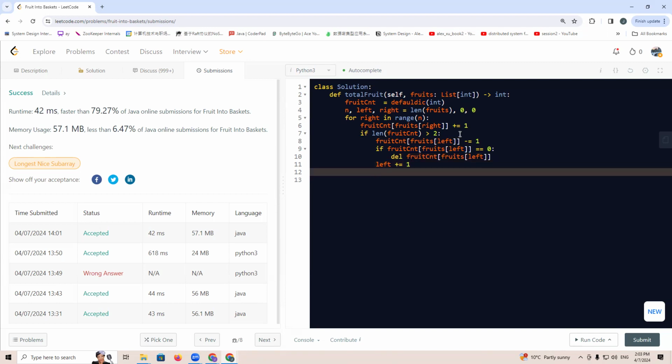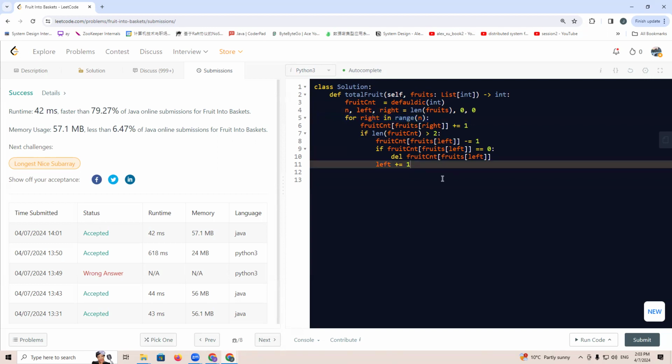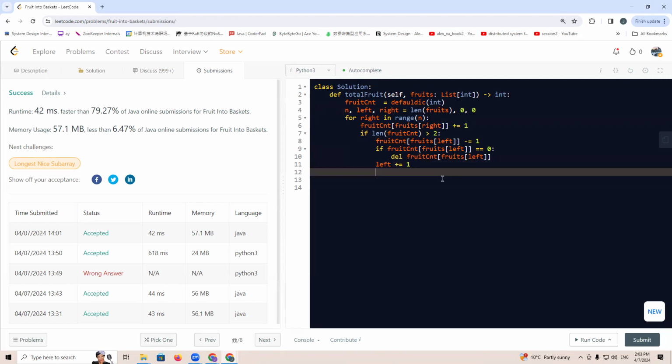In the end, the difference between Java and Python is that the right pointer after finishing the for loop in range stops at n-1, not at n, so we will return